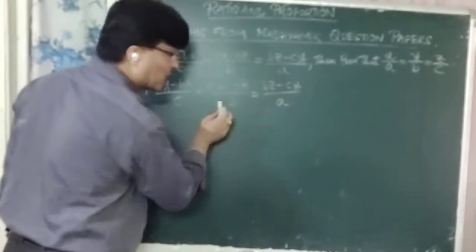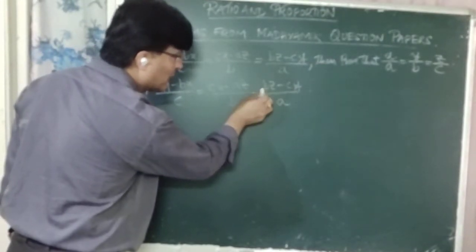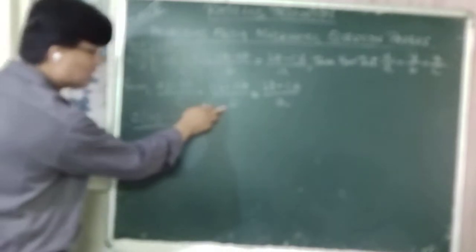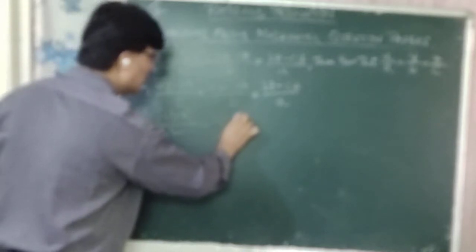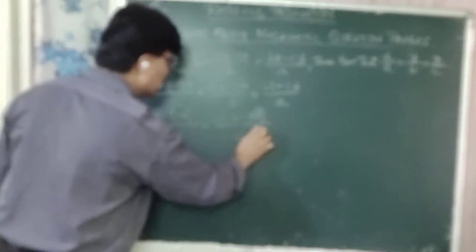Okay, since there is c here, you multiply both the numerator and the denominator by c in this case. Since this is b, you have to multiply both the numerator and the denominator by b. Since this is a here, you multiply both numerator and denominator by a in order to prove the required result. Okay, so therefore c into (ay minus bx) whole divided by c into c, that is c square, is equal to, here b is there, you have to multiply both numerator and the denominator by b, that is b into (cx minus az) whole divided by, what is b into b?